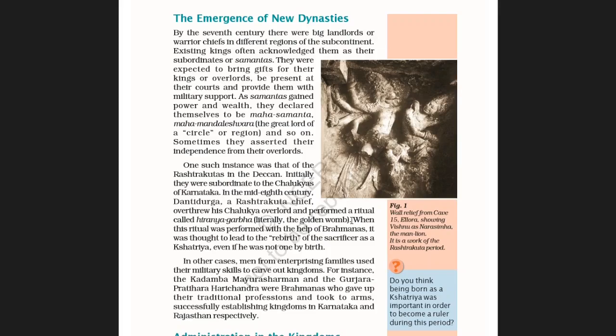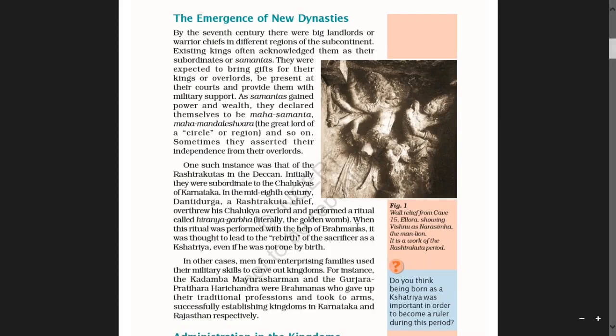He overthrew him and he performed a ritual. Ritual means a ceremony, called Hiranyagarbha, literally the golden womb. It was a ceremony, boys.